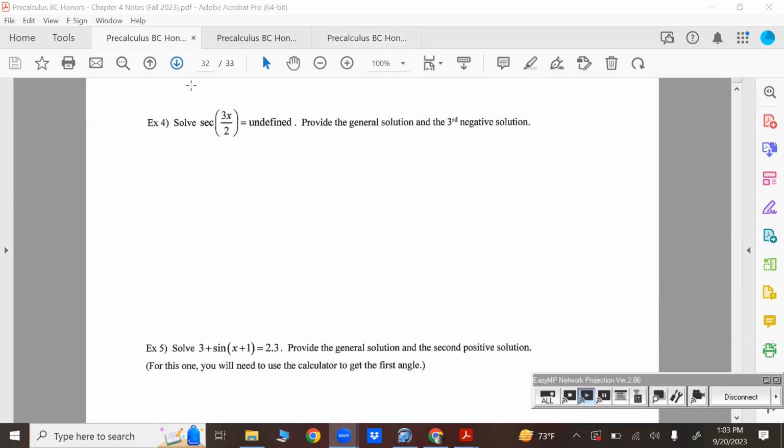All right. Solve this equals undefined. Okay, where is secant undefined? That's when cosine is 0, right? So just cosine of 3x over 2. Right, so pi over 2. So when the cosine of an angle is 0, that's what I meant to say. So yes, this will be undefined. So then you need 2 separate equations. Right. So that happens at where again? At pi over 2 and